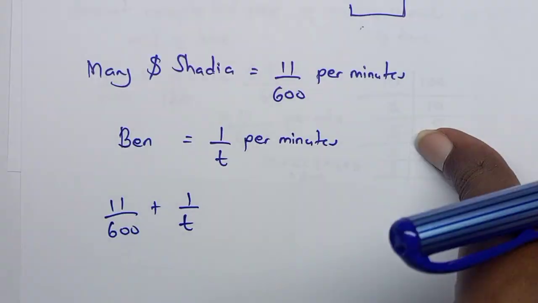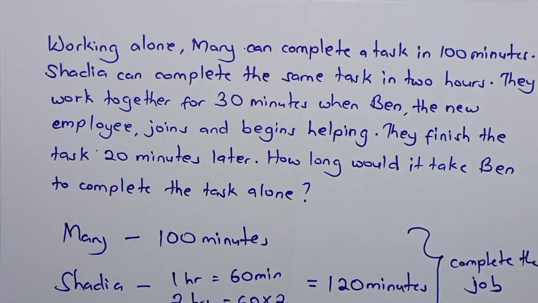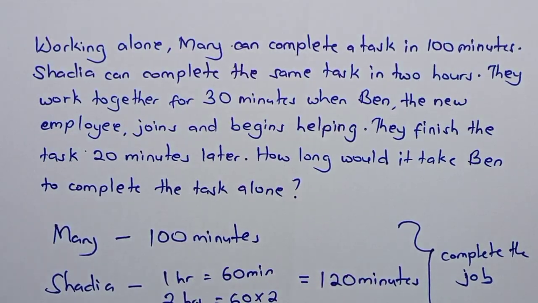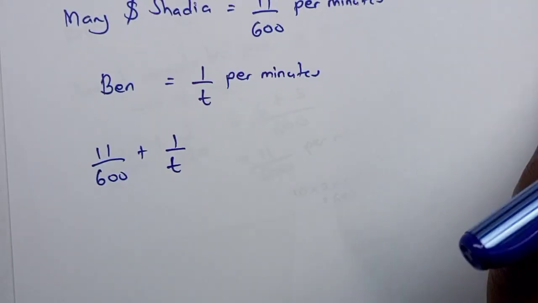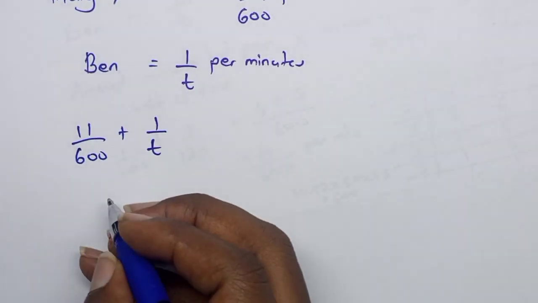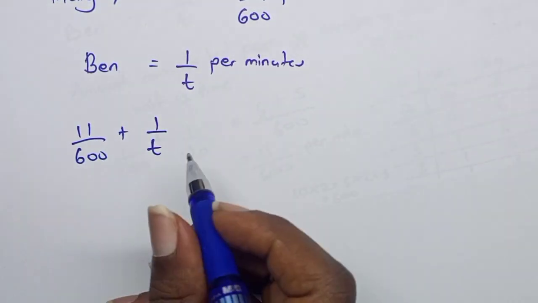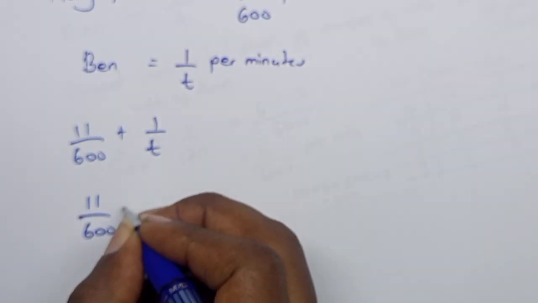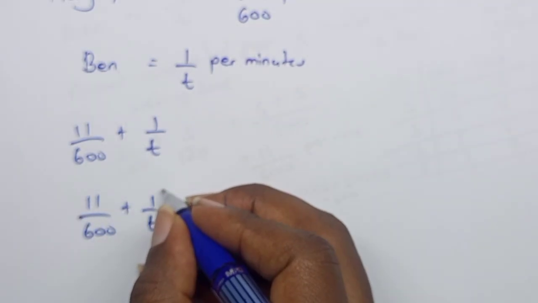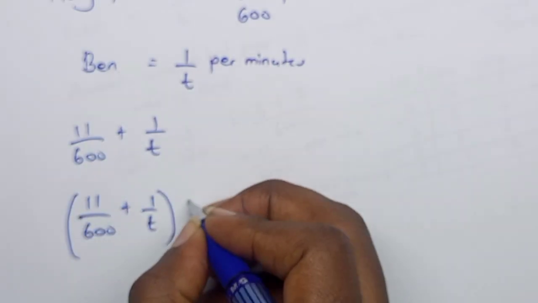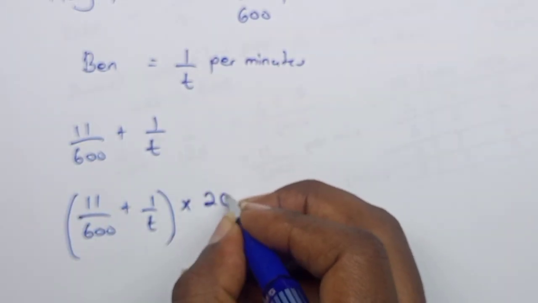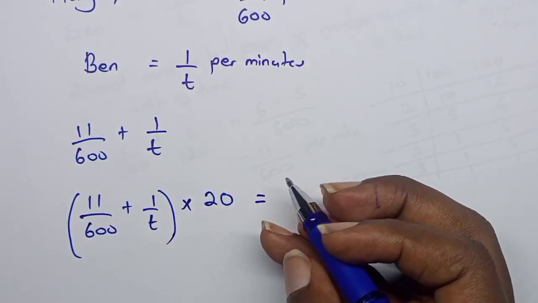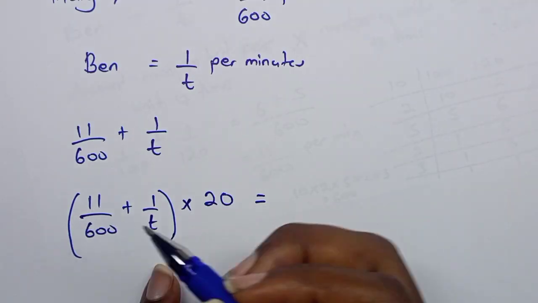But remember, we were told that when Ben joined them, it took them only 20 minutes to finish the job. So that means if they did this in 1 minute, then what amount of work did they do in 20 minutes? Remember, it is 11 out of 600 plus 1 over T, rate per minute, then times the number of minutes which they took, which is 20 minutes. Here we can get the fraction of work done, which will be equal to, when you multiply this by this, it will be